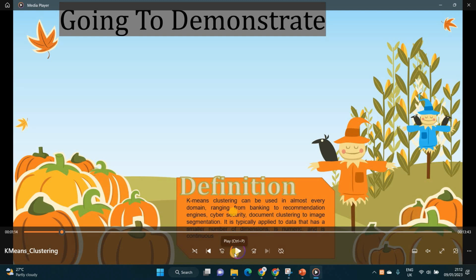Let me take an example. In our country, there are so much of people speaking the variant languages such as Tamil, English, and similar. So we can group all of the data into three categories. So first we need to collect the data. After it only we need to classify the data using the K-means clustering. So we are going to use the Python library sklearn to demonstrate this